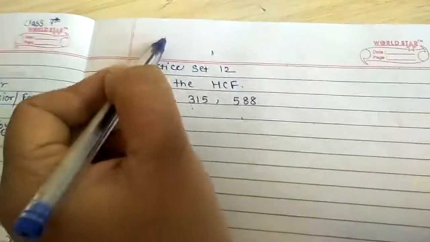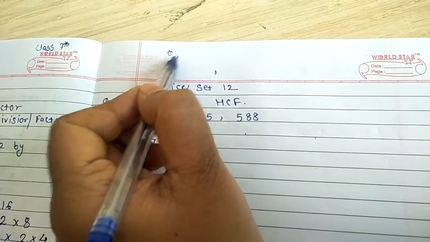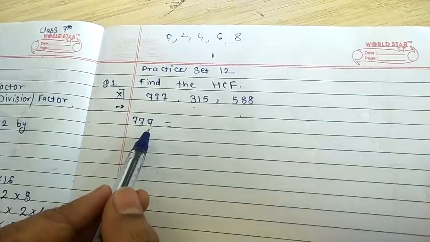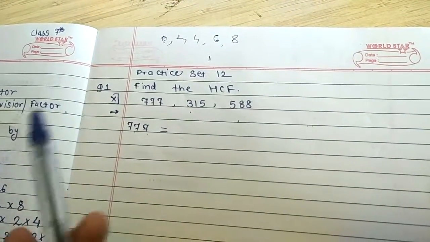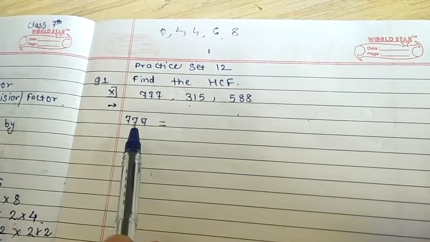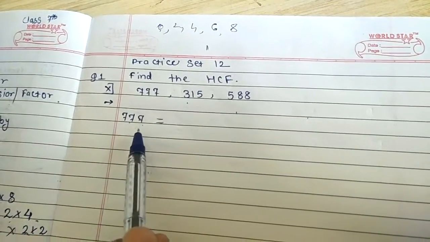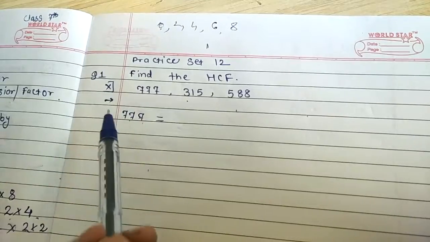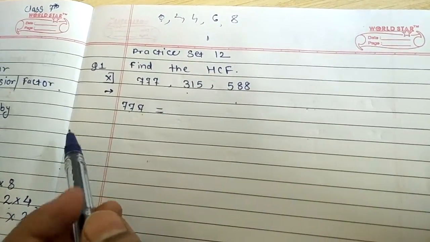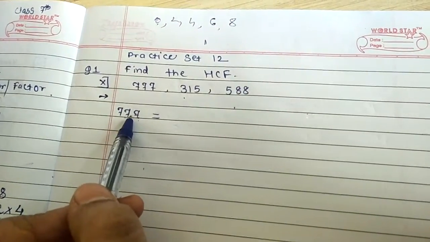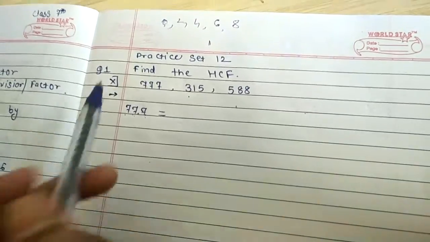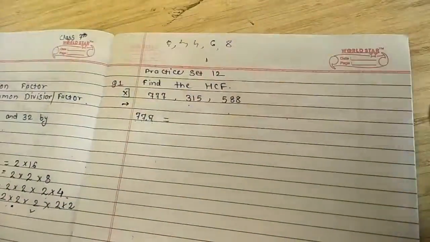Last place, for 2 के divisibility के लिए, which last unit place number do we require? 0, 2, 4, 6 and 8. तो यहाँ पे कोई number है? So no, so we can't divide. Now after that, the three divisibility test. So what is the three divisibility test? If the sum of the digits of the given number is in the three table, then we can divide by 3. So here see, 7 plus 7 is 14, 14 plus 7 is 21. So 21 is coming in the three table, yes. So it means this number we can divide by 3.